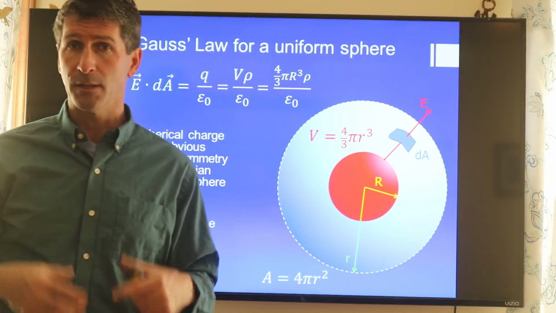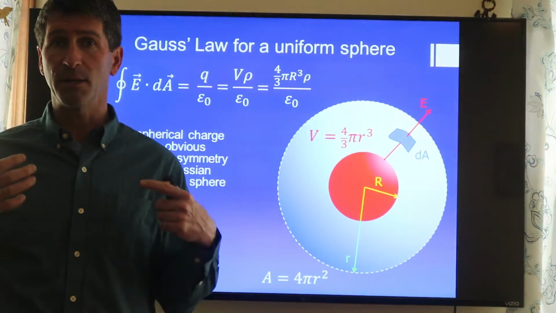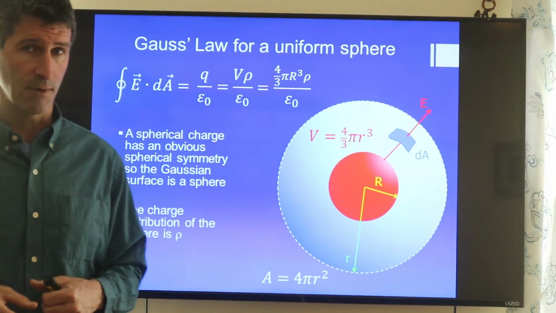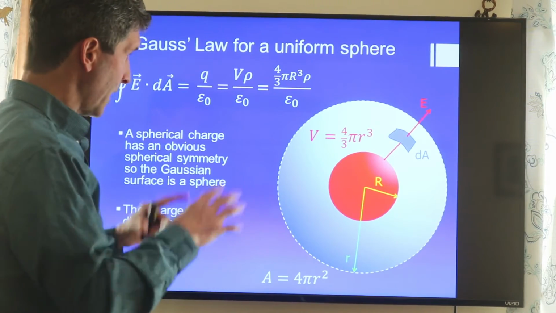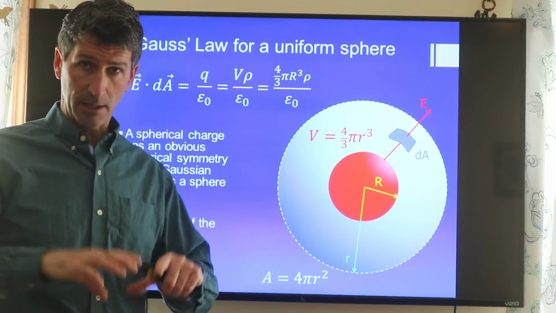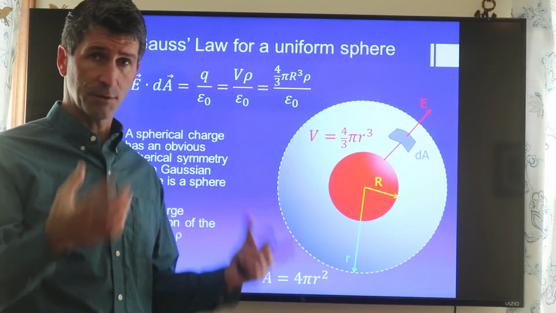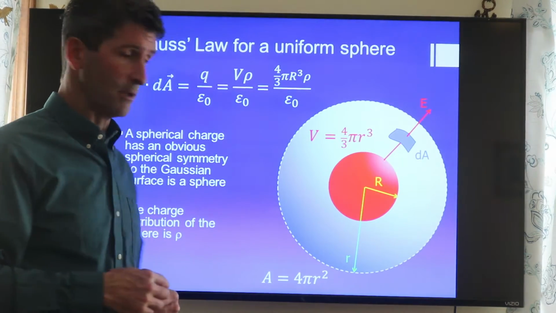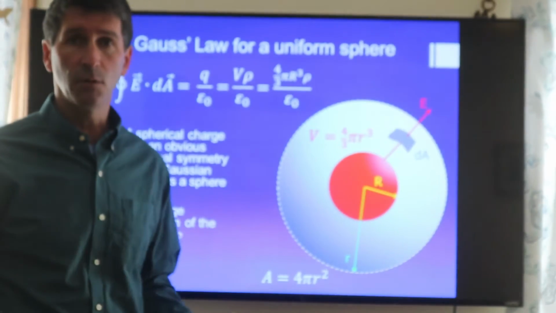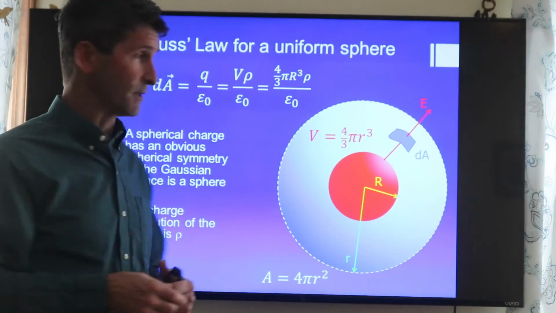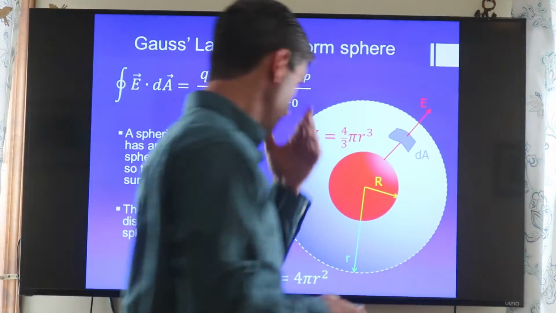Capital R is going to represent a constant here. It's not going to be a variable, it's going to be a constant. It's going to be the radius of our charged sphere. Now again, this is not a conducting sphere. This is actually an insulator that has equal amounts of charge distributed throughout its interior. The charge is immovable, but it has a positive charge. Okay, so